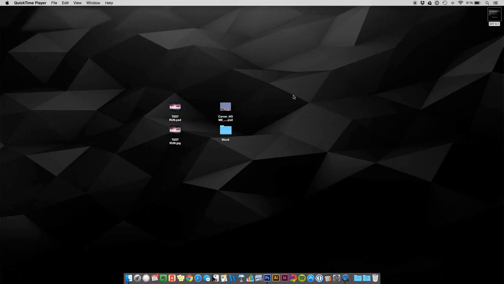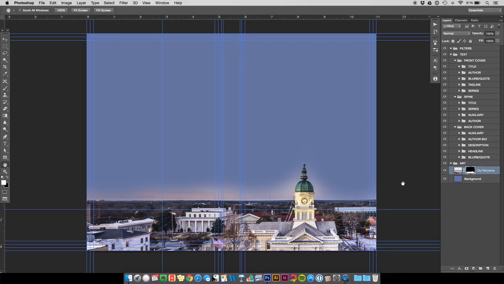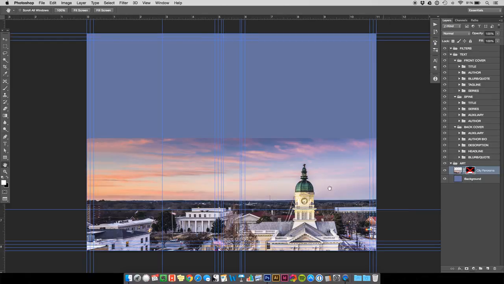Hello again. Okay, this is the second part of our cover design tutorial, specifically compositing images. In the first part, we took a few simple steps towards establishing the base of our image. Let's switch here to Photoshop and I'll show you. This is where we left off, where we have taken the panoramic photo of Athens, Georgia, with our clock